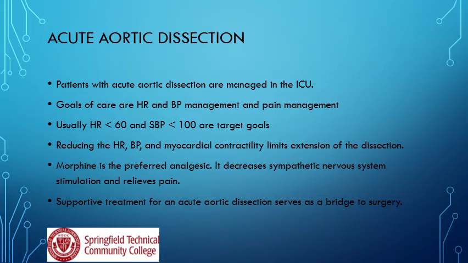With acute aortic dissection, these patients are usually managed in the ICU. The goals of care for them are heart rate management and blood pressure management. And another goal is often to keep them calm and make sure that you're doing whatever you can to reduce stimuli to these patients. Give them pain medicine, give them blood pressure medicine, give them anxiety medicine if they can get it. They're treated in the ICU supportively, and hopefully the goal for them will be surgical fixation of those dissections at some point.